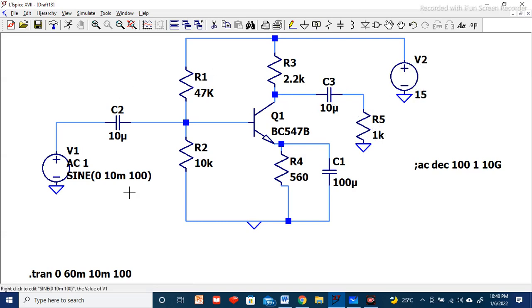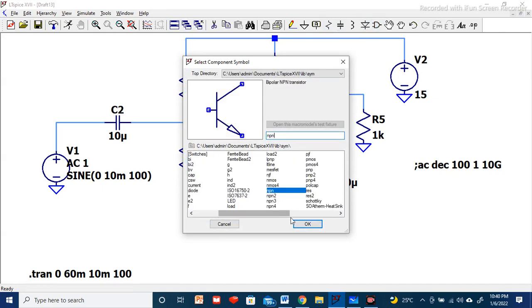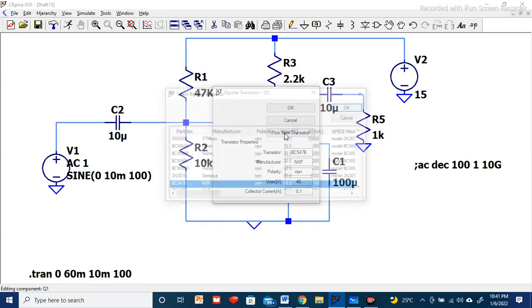So all these things, how to get it from the circuit. From here you can see we can select the resistor from here, capacitor from here, and from the component library we can type here NPN, and you can select the transistor. You can place it here. Once you place the transistor, after that you have to click on this and pick a new transistor.